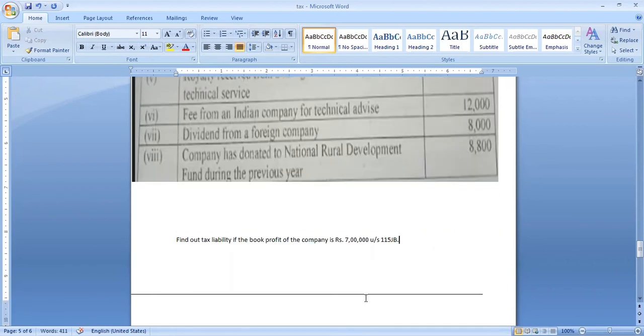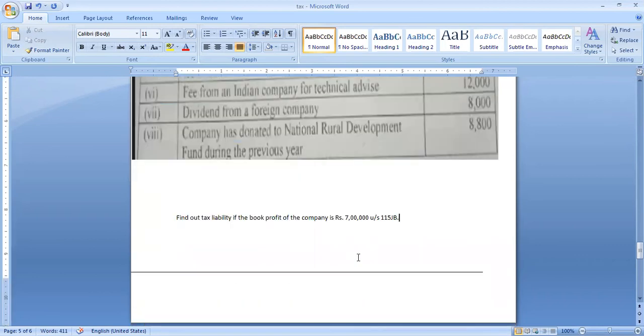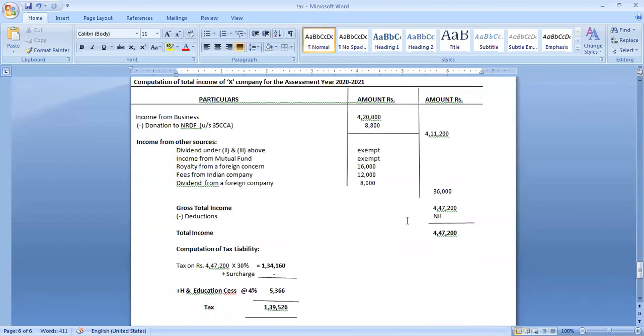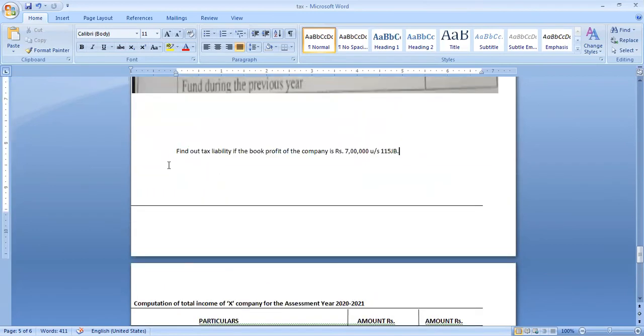This is the difference between an individual assessee's tax calculation and a company assessee's tax calculation. Up to your degree level, up to your UG level, you have done this and left the problem. But you are learning the subject of corporate tax management, calculating the tax liability of a company. In such a case, compulsorily you have to learn this. In problems, they will give this. This is related to 115 JB. 115 JB is specifically related to MAT. MAT means minimum alternative tax.